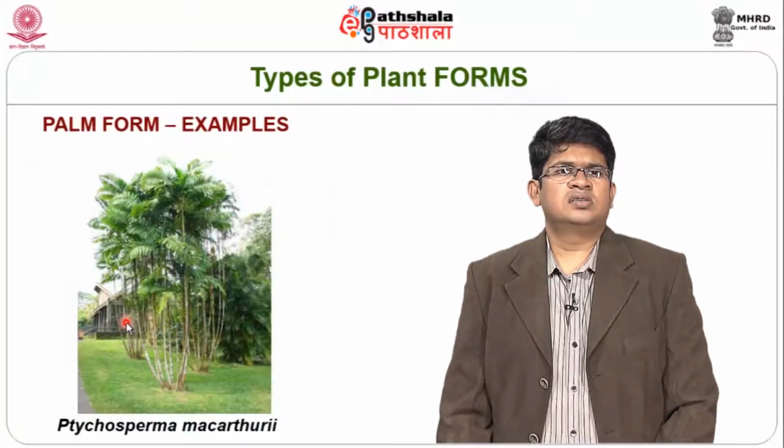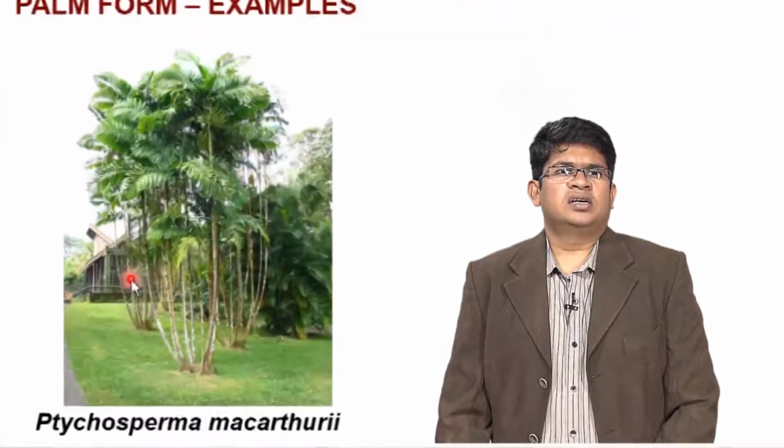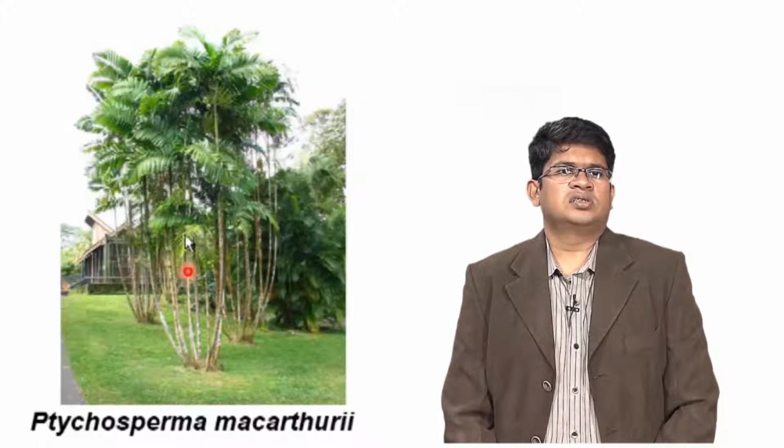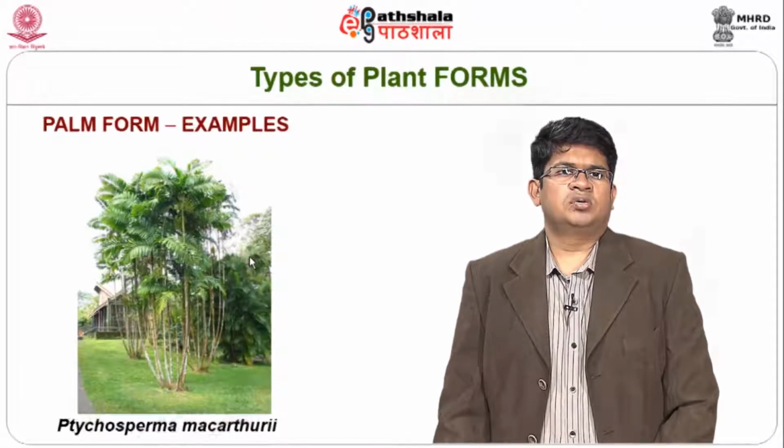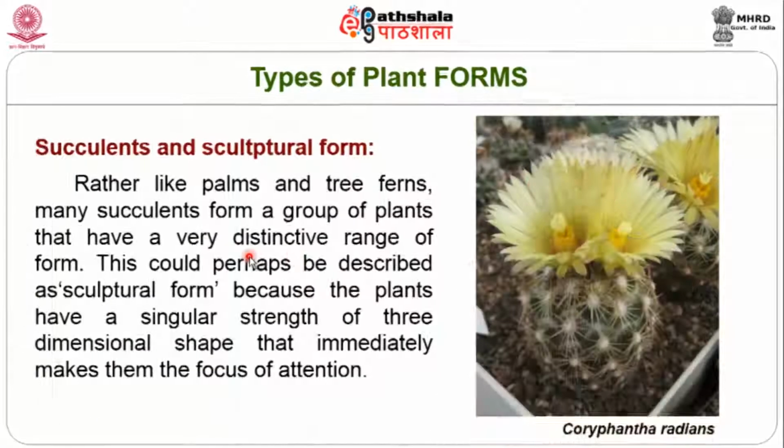Here we see another type of palm form, that is the Trichosperma, and you can see how the branches come. There are multi branches, the stems which come up, and then you have the leaves of the plants branching out in that particular pattern. And not only the palms have a very structural and very significant form with respect to their overall shape.